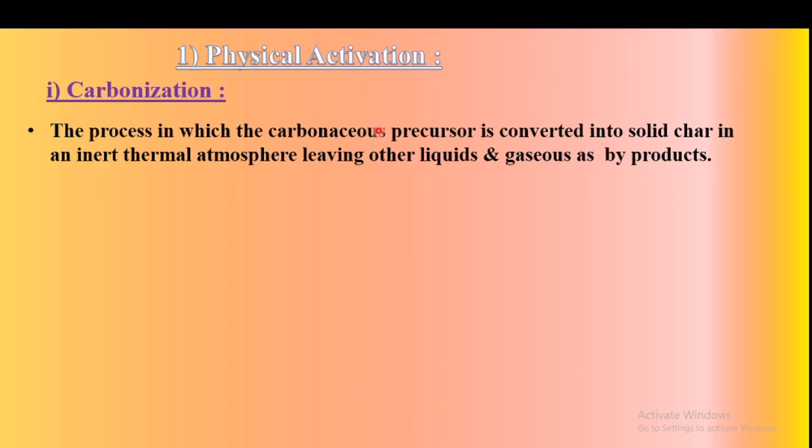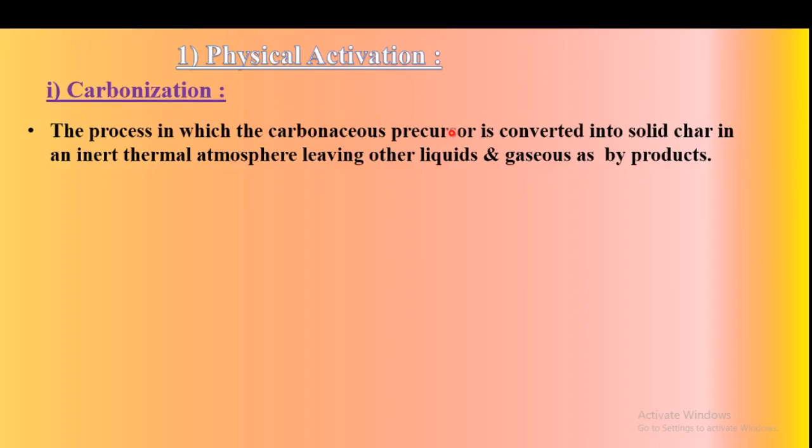First is the physical activation, and in that we will study first carbonization. So what is carbonization? The process in which a carbonaceous precursor is converted into solid char in an inert thermal atmosphere, leaving the other liquids and gases as byproducts, is called carbonization. Carbonaceous precursor means the starting material, and carbonaceous means carbon containing material. This starting material is converted into solid char, also called solid ash,